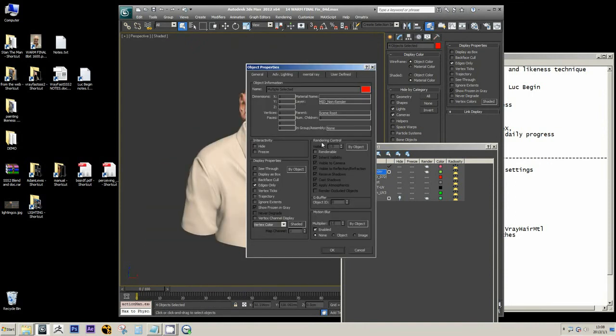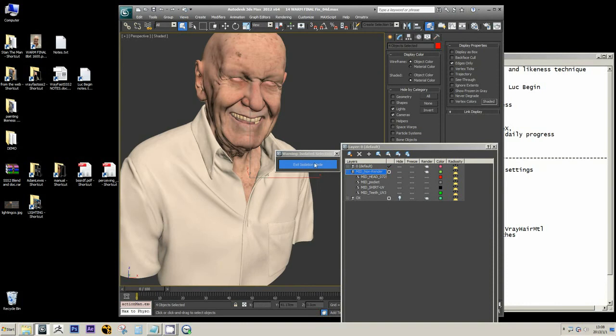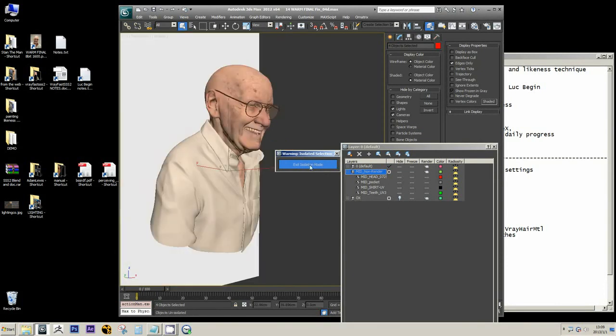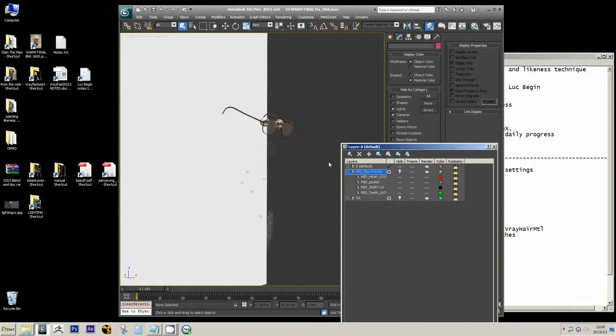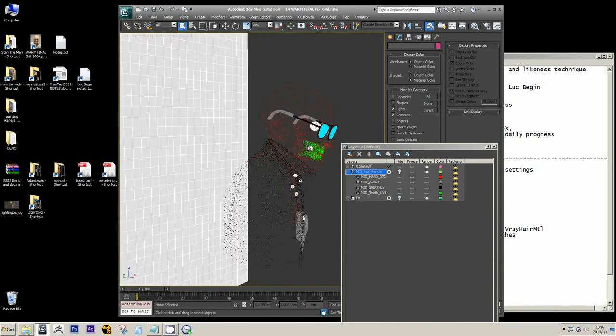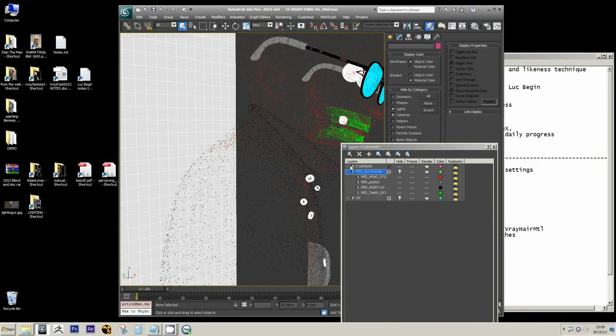If I hit the object properties, it's non-renderable. It's just to show in my viewport, because if I exit the isolation and hide these guys, as you can see, I'm using a VRay proxy